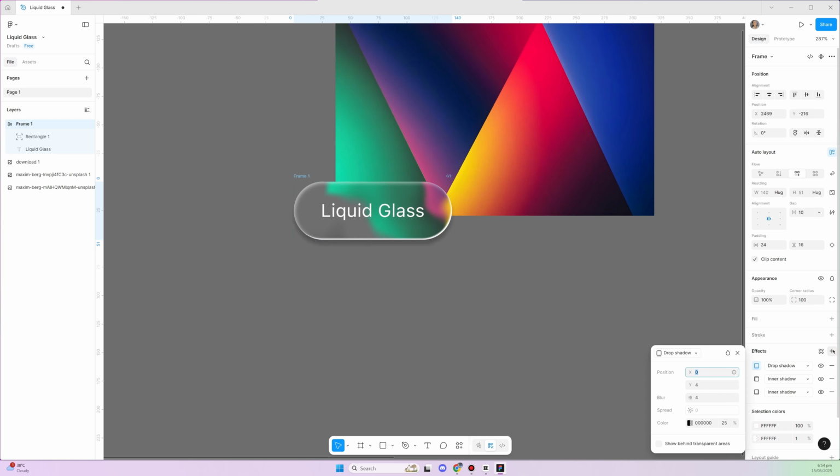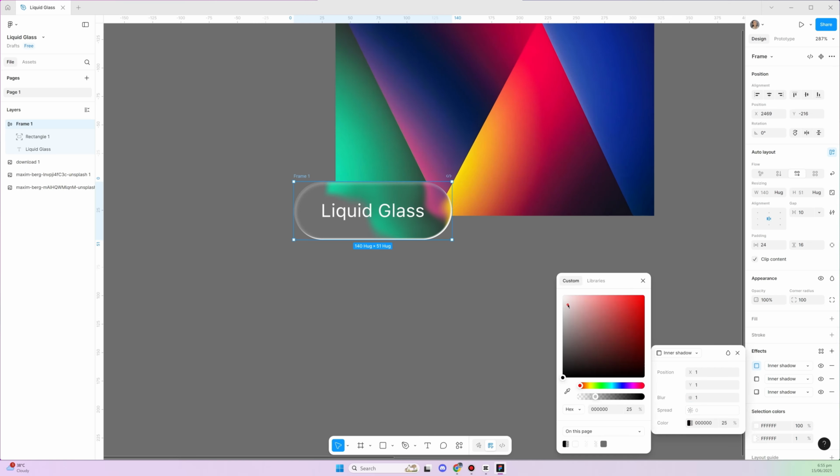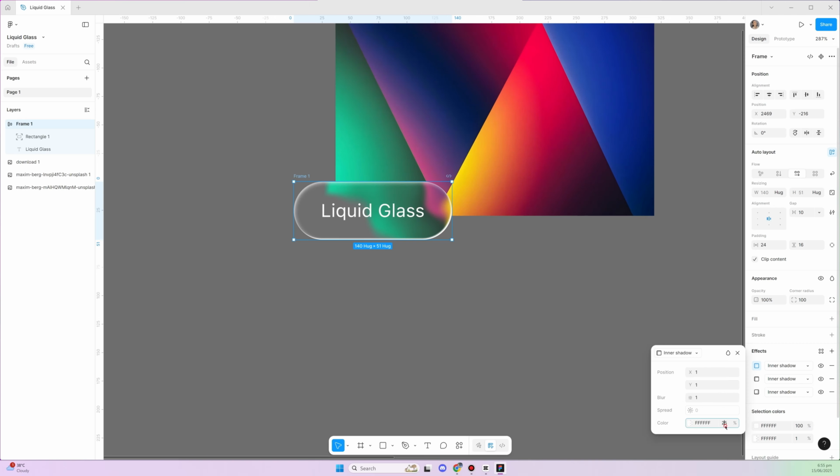Now let's add one more layer of this effect. Choose inner shadow. And this time we're gonna set the position of this shadow to 1, 1, and the blur we will adjust also 1, yeah. Let's choose the color to white. And let's set the opacity to 40%. And look,